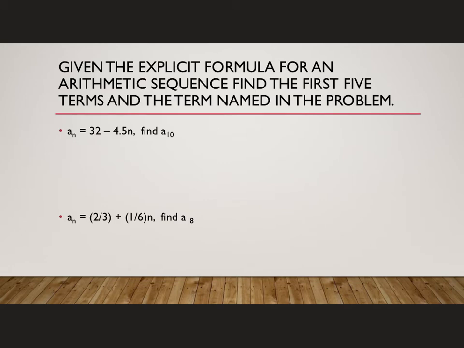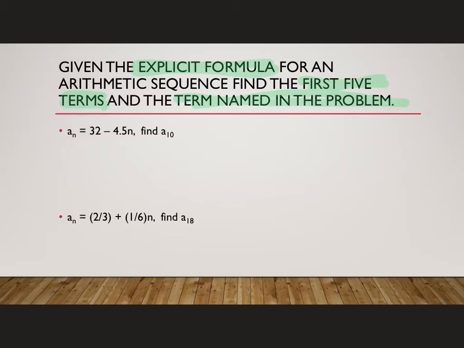Another type of problem, this one, they've given you the explicit formula for an arithmetic sequence. They want you to find the first 5 terms and then the term that they ask for. So they're giving you the explicit formula. So to find the first term, I'm going to substitute in 1 for n. So I have